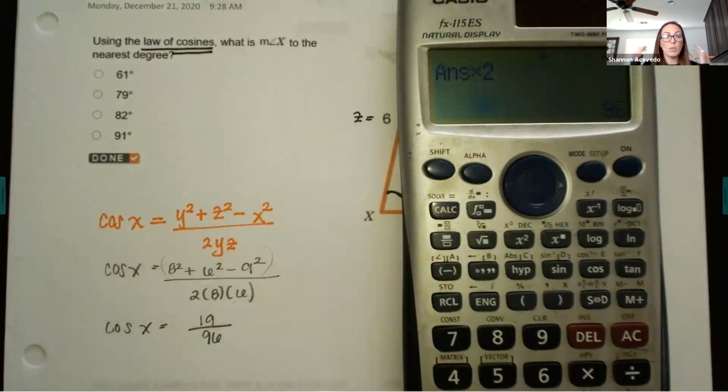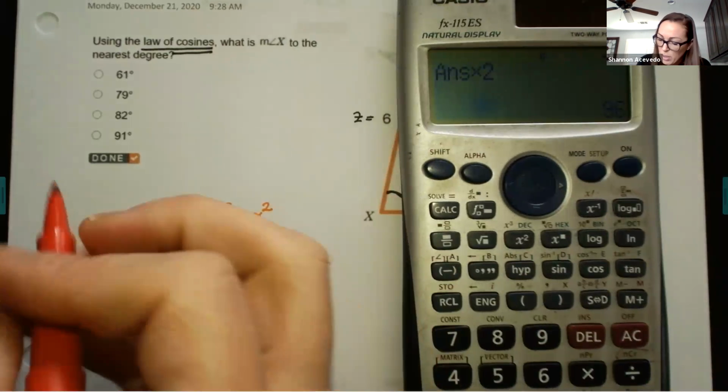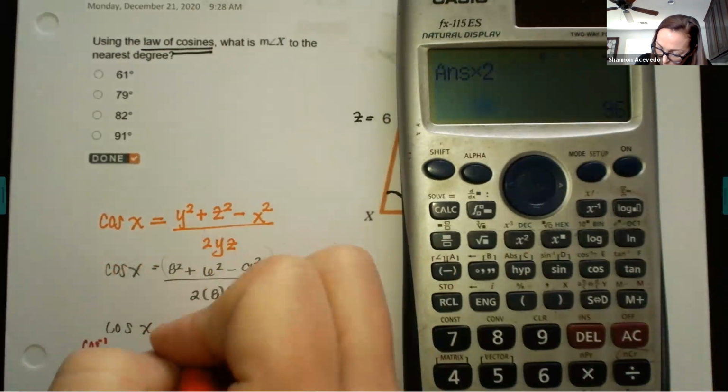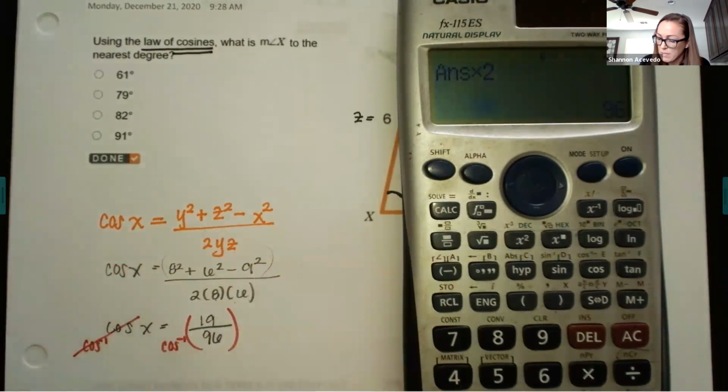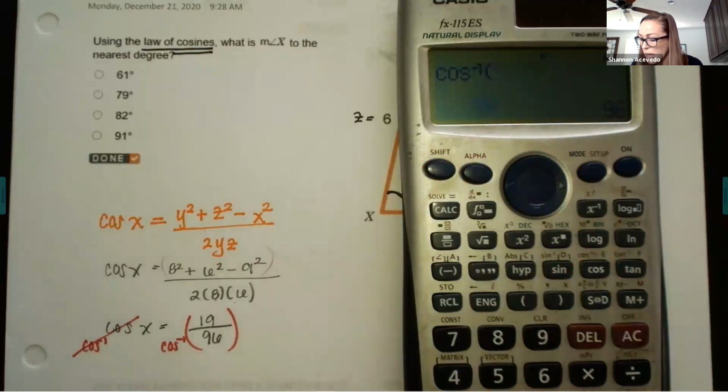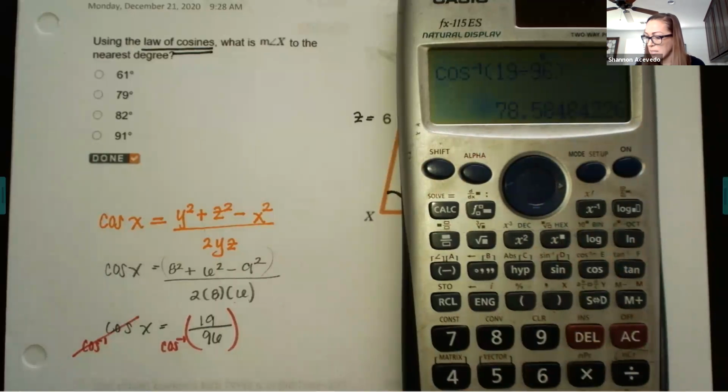Okay, my last piece, we're solving for an angle. That's where we have to use the inverse. So we go ahead and do my cosine inverse. What I do to one side, I do to the other. So it's going to be cosine inverse of this value. So I go to my wonderful calculator and I'm going to do, excuse me, cosine inverse, and I do my 19 divided by my 96. And I get this value of